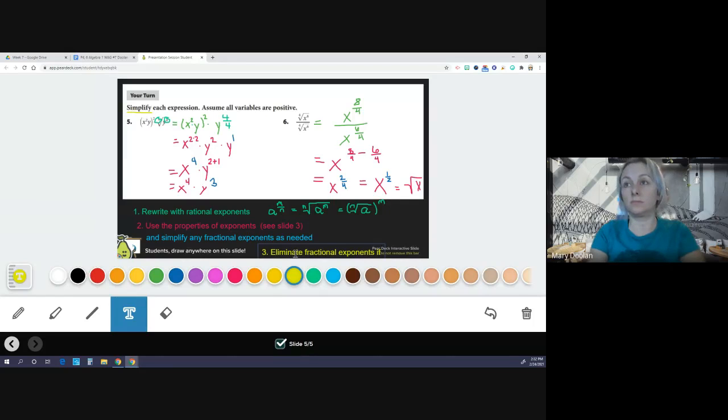Eliminate fractional exponents if necessary. Okay. So